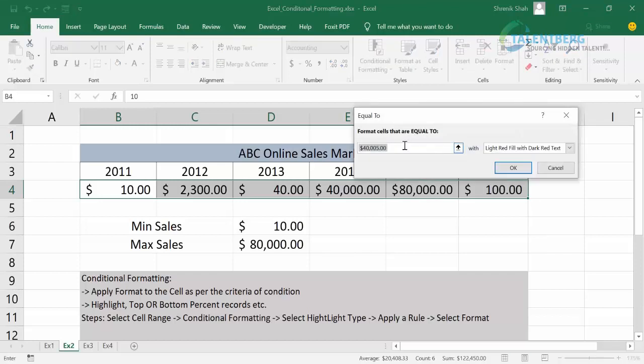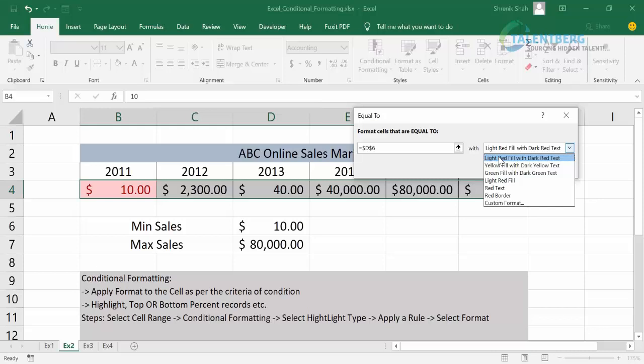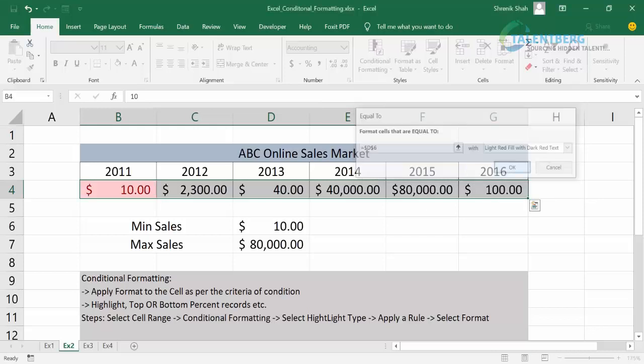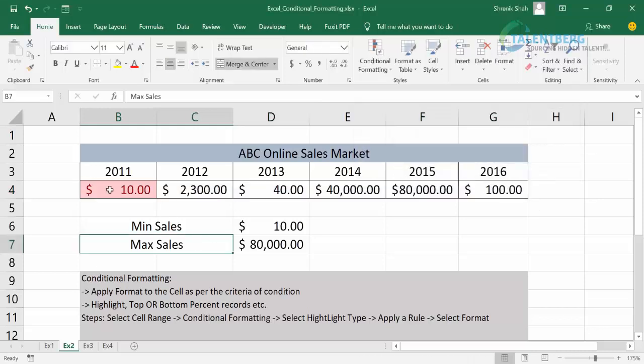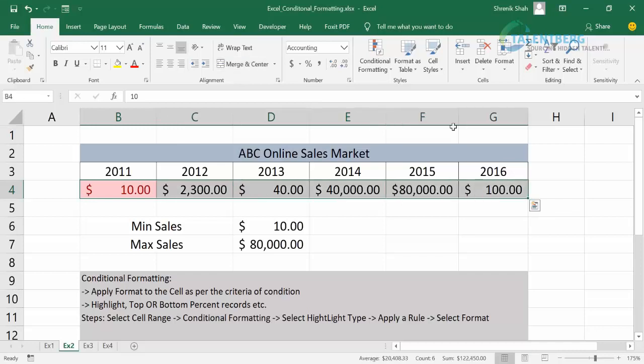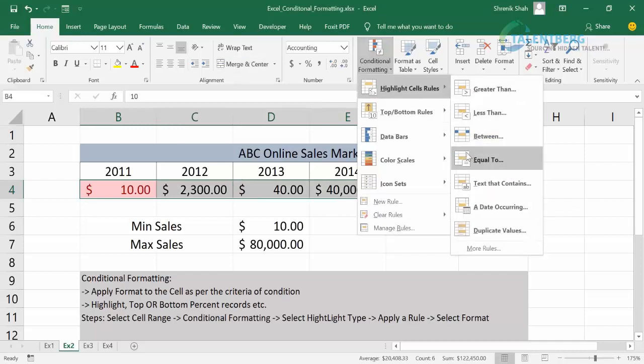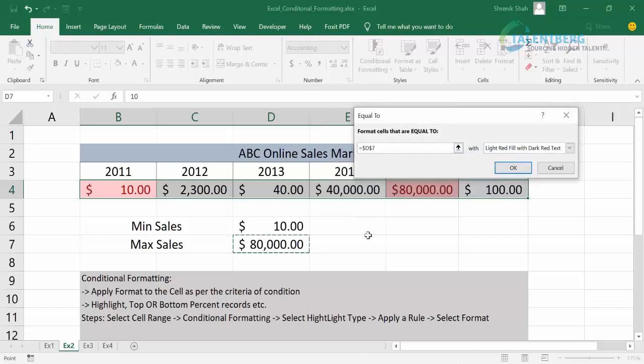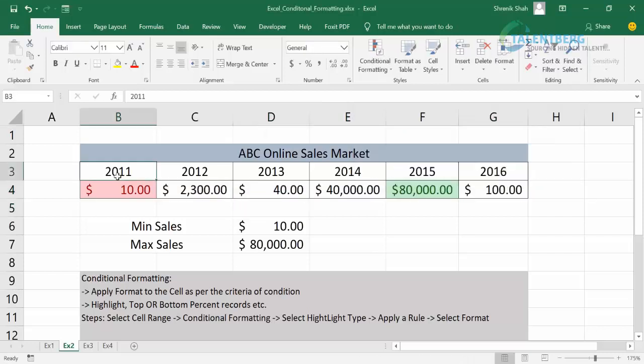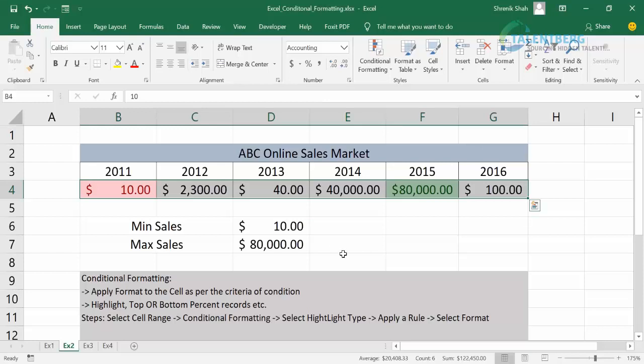After clicking equal to, I select the minimum cell. I want to apply a cell color to the minimum. So here is the minimum, and I select the color red, and I click on OK. So this is minimum. Again, I select the cells, highlight cell rules, equal to, I click on the maximum cell and I change the color to green and click on OK. So that way we can apply some color effects on Excel cells.